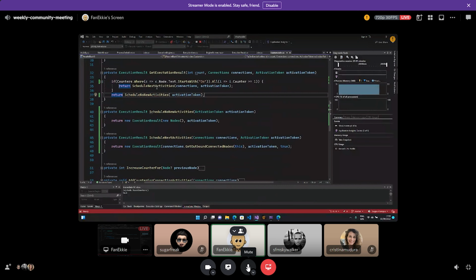And if we look at that, that's one thing more I wanted to add, is that in this one it says schedule next activities or schedule no next activities. So basically it says when the next activities need to be scheduled because these criteria are met, then it will activate the final. But it also sets that boolean to true, which says, okay, whatever else is scheduled, forget about that. We're only going to continue with the final. And that is what you're going to see when I activate this.